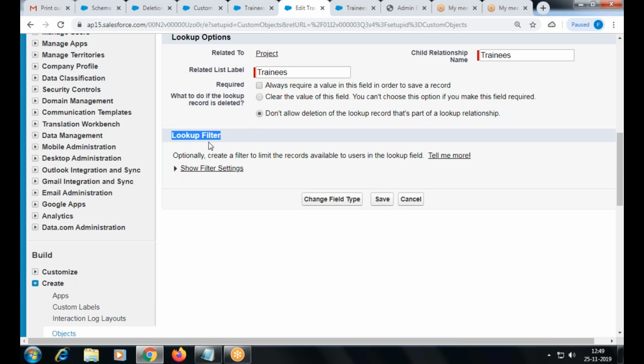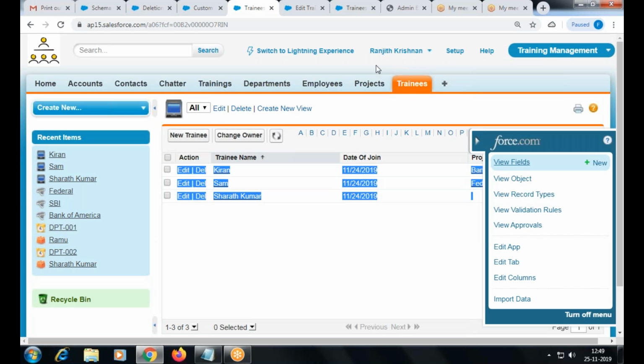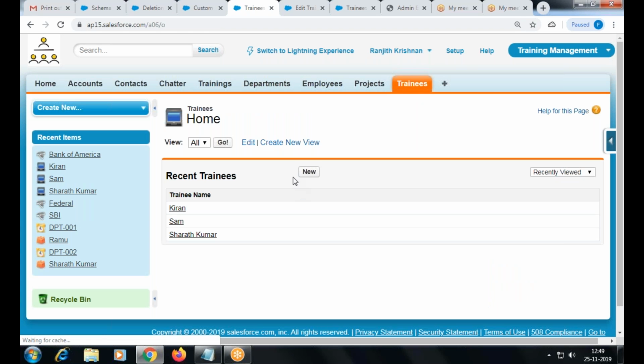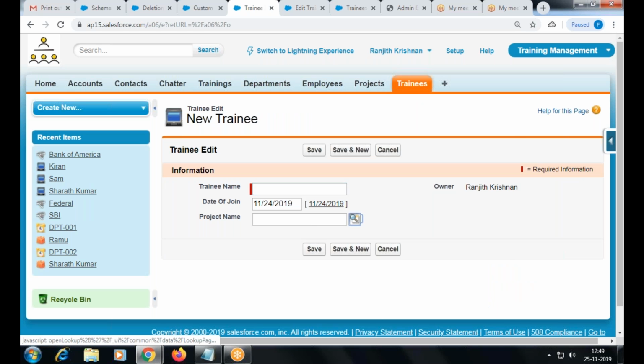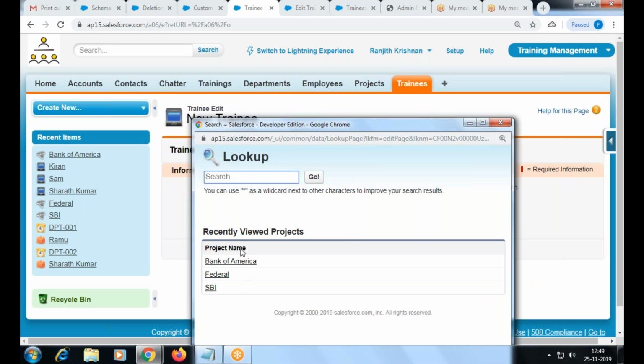What I'm going to discuss now is common for your master detail field as well as lookup. We just apply this concept in the master detail field also. When I look up the parent here, I need to show only the projects which are in progress, not every project record.